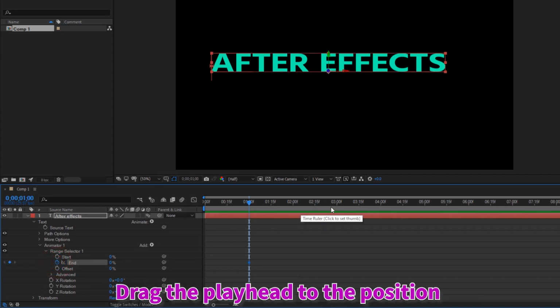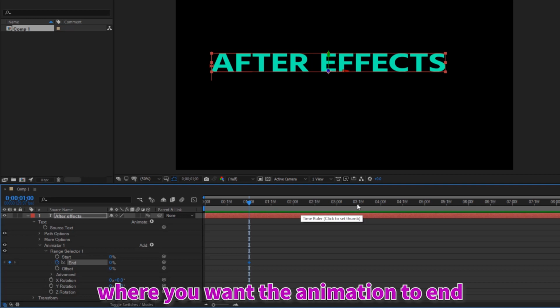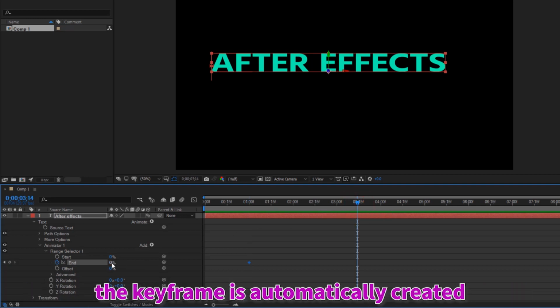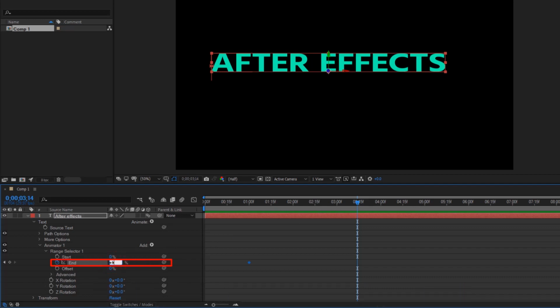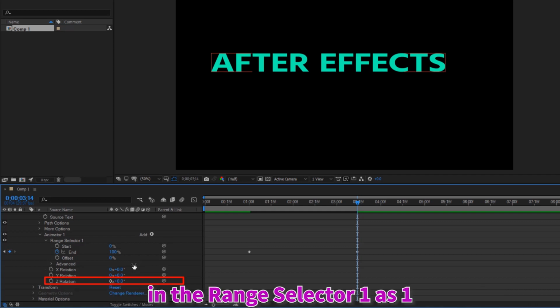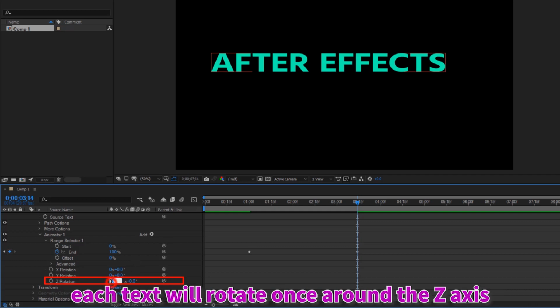Drag the playhead to the position where you want the animation to end. When you set the value of the End property to 100%, the keyframe is automatically created. If you set the value of the Z-Rotation property in the Range Selector 1 as 1, each text will rotate